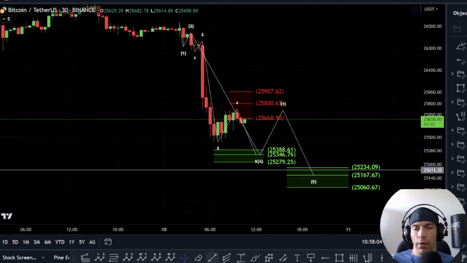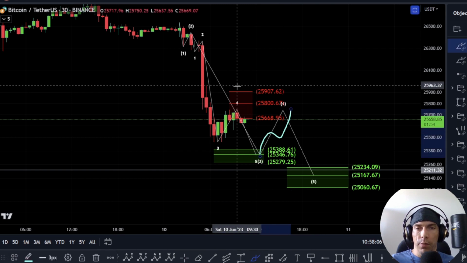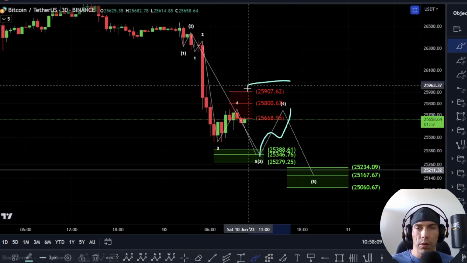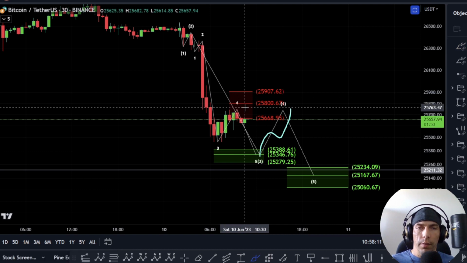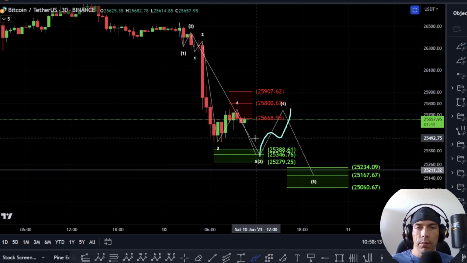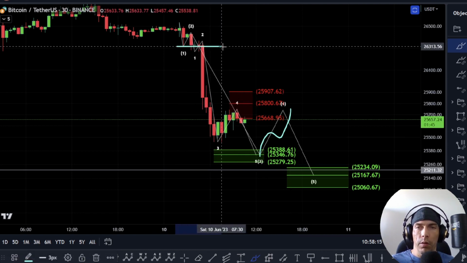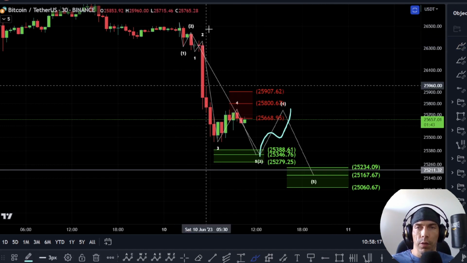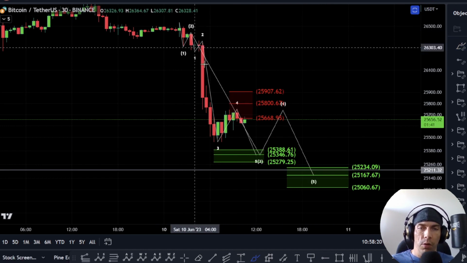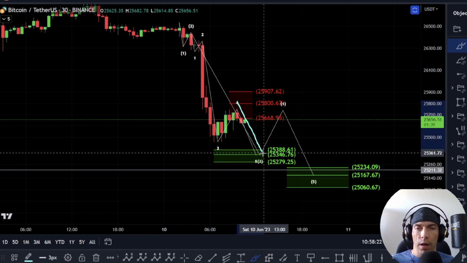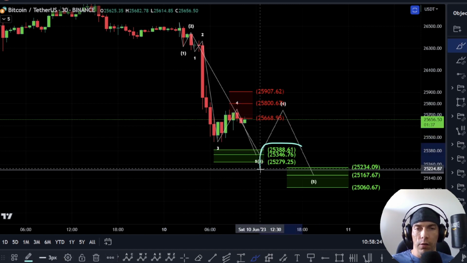25,279. What we could actually see is an additional 4th wave to the upside here, failing to break back above this 50% once again of this 25,907. Now, the only way we'd invalidate this is by getting a bigger move up and crossing this wave 1 and crossing the beginning of this move, really. So we need to just be aware that if we see a 5th wave to the downside here, looking to target out this